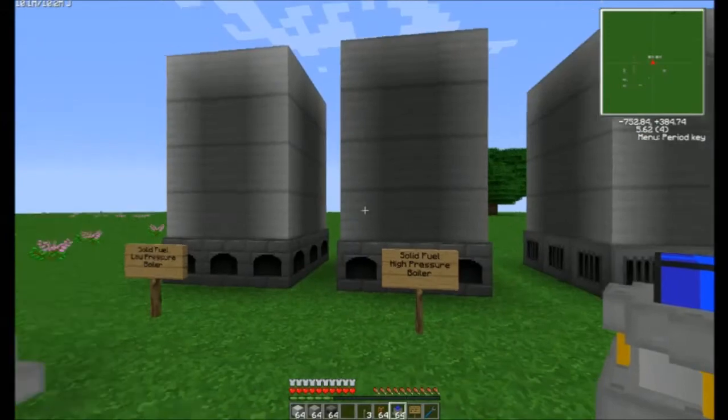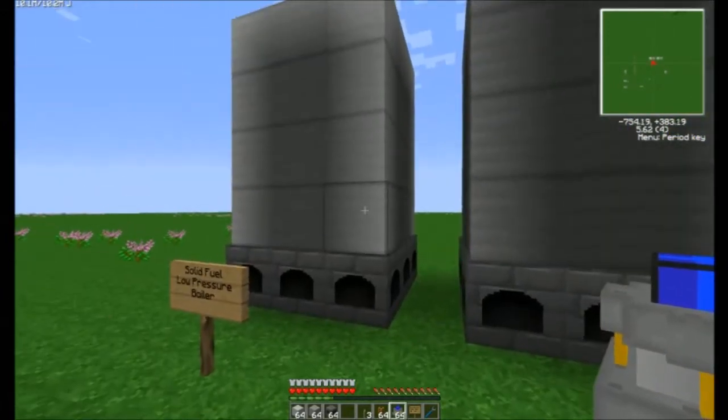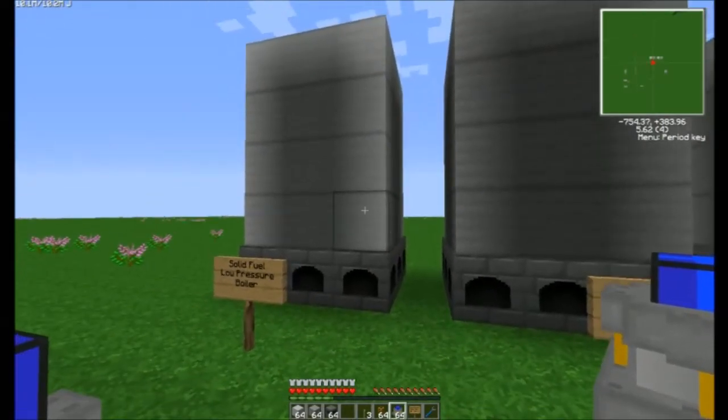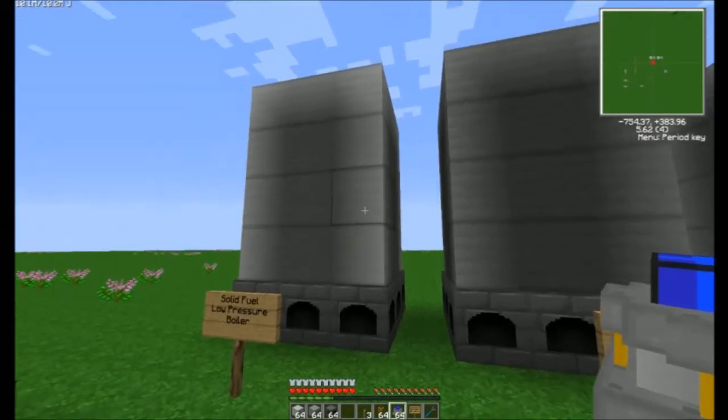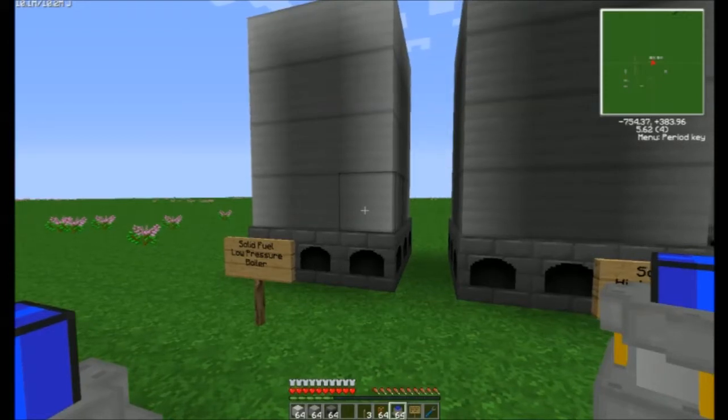So you're doubling up the amount of engines, but you're also going to double up on your fuel cost. With a low pressure boiler, once it's up to temperature, you can send a log over to it. The way I would normally hook it up is I send one log every 10 seconds from my tree farm over to